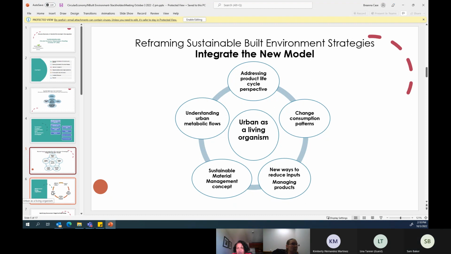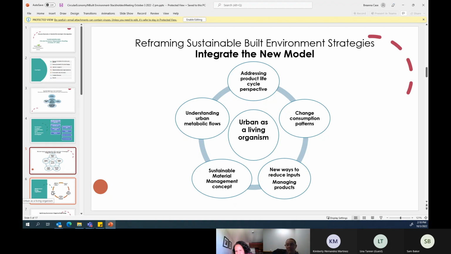So understanding urban metabolic flows is just understanding the flow of materials. What type of thing is coming in? We need to build infrastructure and all of that. So the new concept we are integrating requires sustainable material management, because that is the basis for seeing how materials are designed, used, and disposed.